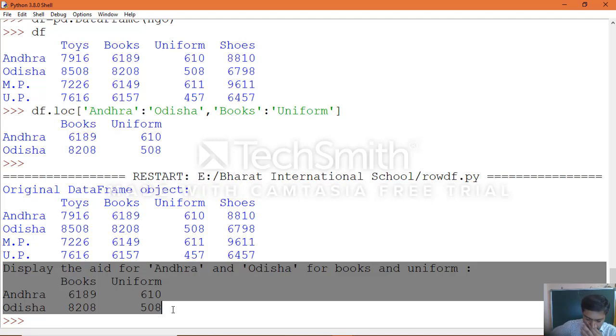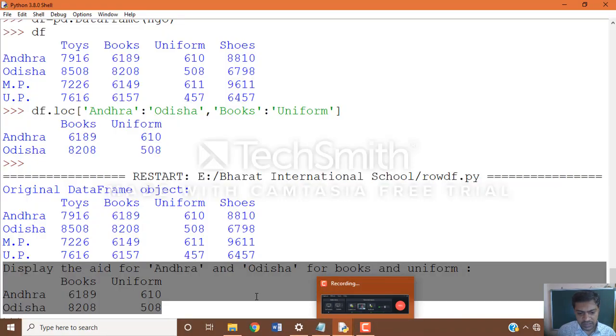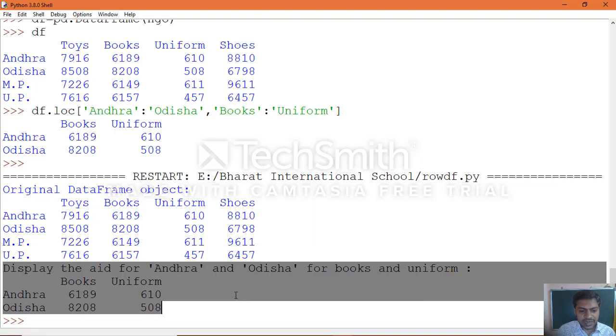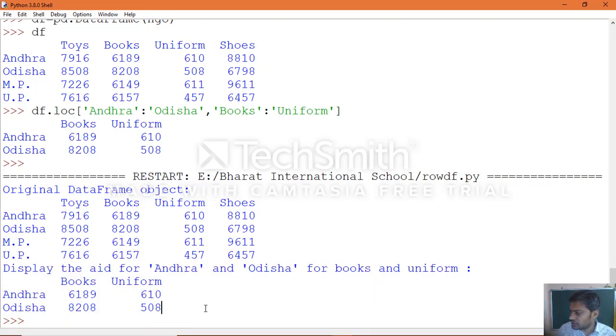Now we have come to know how we can access a single row, multiple rows, selective columns, and a selective range of columns from a range of rows with a data frame object. We will continue with other features in another class.